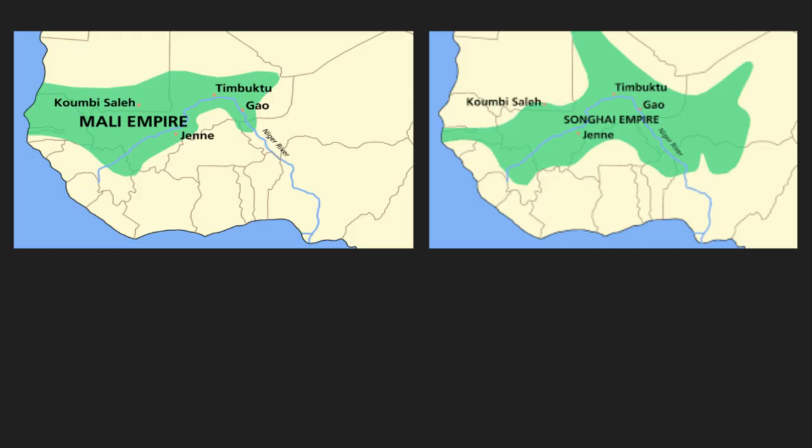Okay, let me continue. So you can see here the Mali Empire, the Mande dynasty. This was the one that preceded the Songhay dynasty and came after the Ghana dynasty. Ghana is, by the way, not to be confused with the modern day state of Ghana. And then the Songhay Empire, as you can see, of the Askia Muhammad and the dynasty of the Askias, also of Sunni Ali Ber. You can see where it's located here. These are just rough areas to show you the expanse that these dynasties cover.